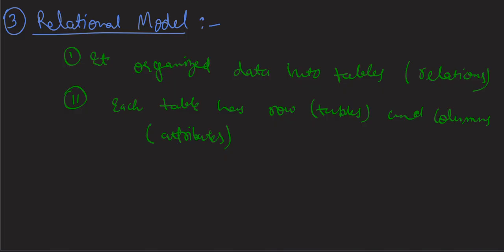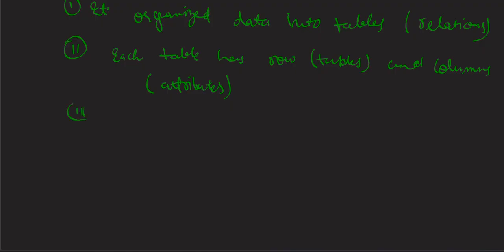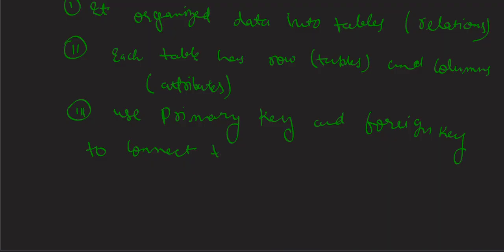So the next point is that it uses a primary key and a foreign key to connect tables. Suppose when you have to connect two tables, you can use a primary key or a foreign key. A foreign key is basically a reference of the primary key from one table to another table. Okay,